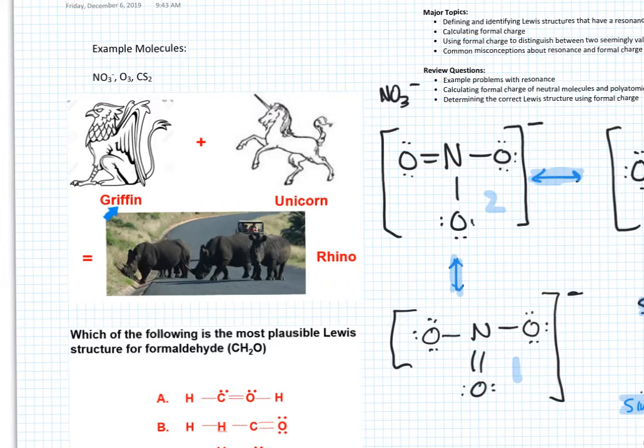Now, why do I like this analogy? The reason why I like this analogy is there's no such thing as a griffin. It's a mythical beast. And sadly, kids, there's no such thing as a unicorn. Those are mythical beasts as well. But there is such a thing as a rhino. There's a real thing called a rhino, and you can kind of use this idea of two mythical beasts merged together to form this real creature. All right, that's where the analogy holds with